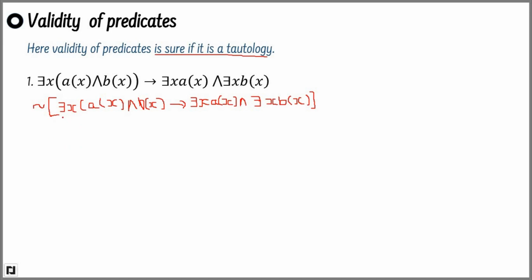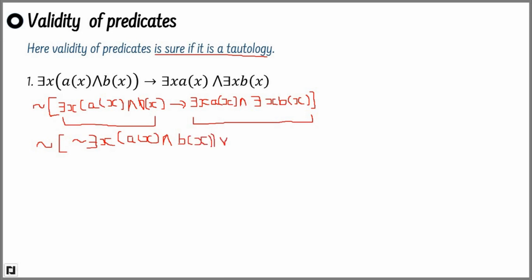For this we use A implies B is equivalent to negation of A or B. Therefore we got the negation of, and after this the negation gets inside, then we have